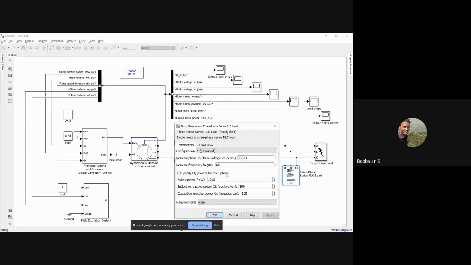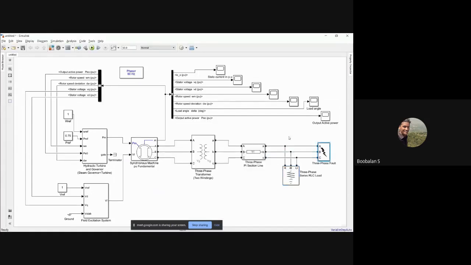We'll see different examples later, right? Only I'm just going to use the active power. I'm not interested in connecting the reactive power, only the active power. That's why I'm connecting the remaining things to 0. And here a three-phase fault is going to be occurring.